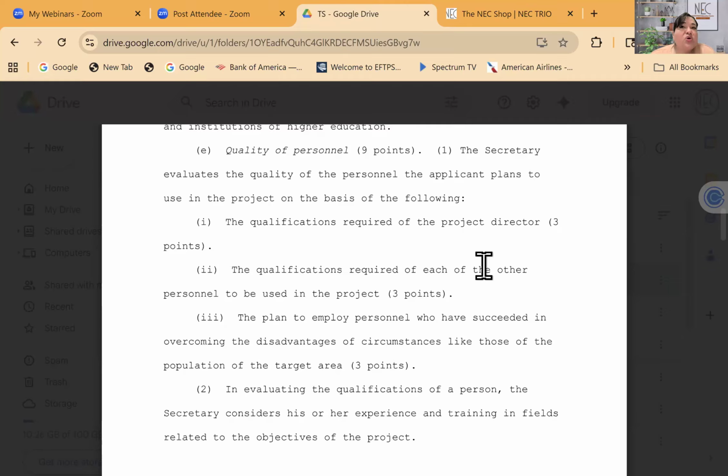Okay. Also, people will ask me, well, should I put the name of the current director because they're so awesome? They've been here 30 years. They got this, this, and this. And I say, no, absolutely not. Number one, you're not going to have room. And we're looking at qualifications required of the project director, not the qualifications of the current director. Some other proposals specifically ask for that, and this one does not. It does not give you an advantage. I think it actually is a disadvantage